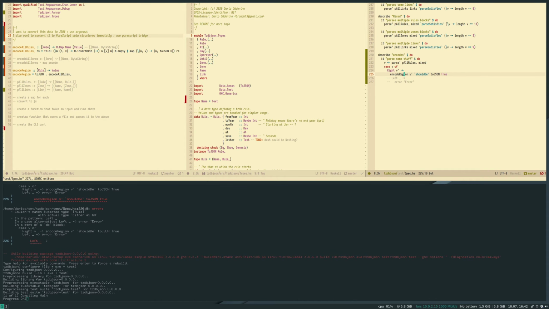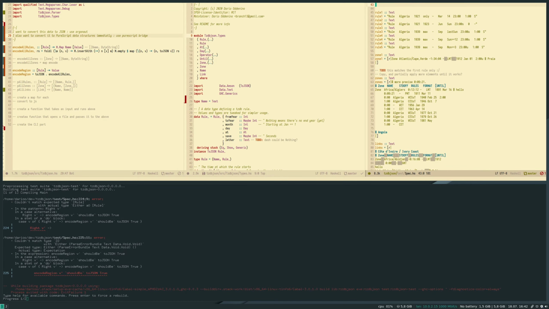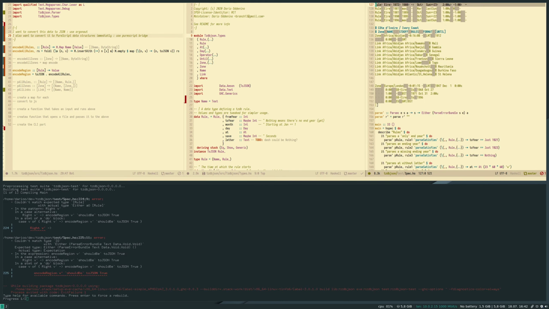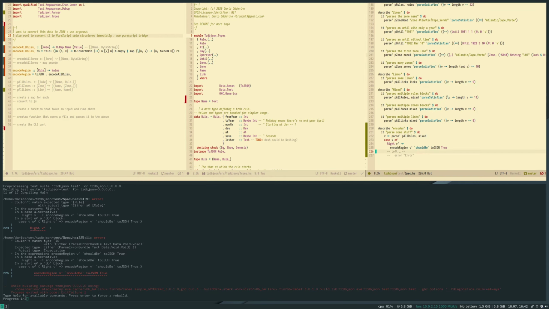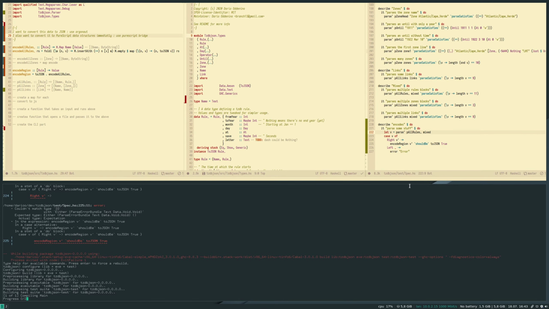Let me do partial matches. Oh, yeah, of course. This is a pure function. So it's gonna be a let v equals stuff, and then I think we can do this. Will work.